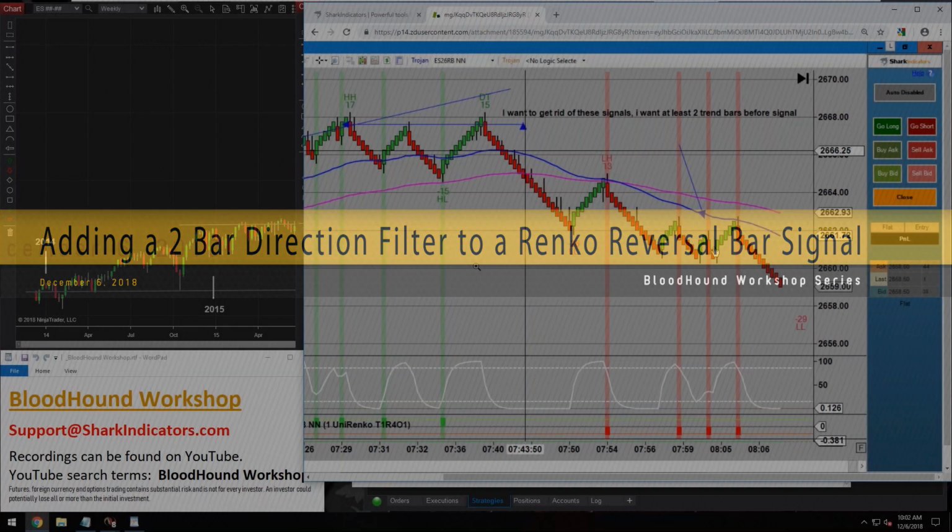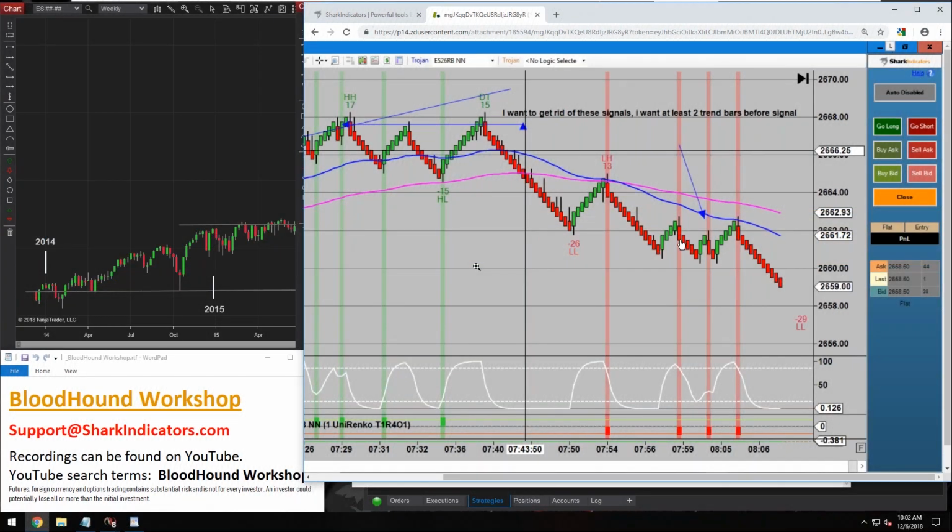I think what they're wanting is to make sure that there's two trending bars, in the direction of the reversal bar, two bars after the reversal bar, right? So you can see that on every reversal bar here, we're getting a signal, right? And these signals are lining up with